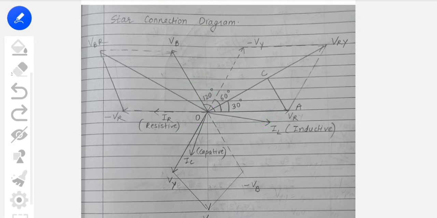And if it is capacitive, as here it is capacitive, here it will be capacitive, and here it will be capacitive. So this will be the diagram if you have to draw for capacitive, for inductive and for resistive. Here in this diagram I have shown all three in the same diagram. Here I have shown resistive, this is inductive, and this is capacitive. So this is the general diagram. If the question is of a general type, and nothing is asked for inductive, capacitive or resistive, you can show this.